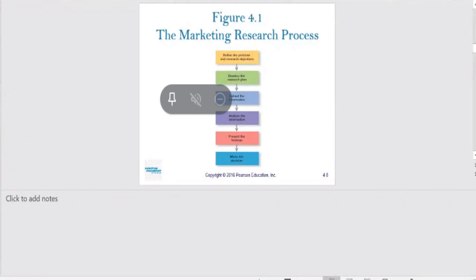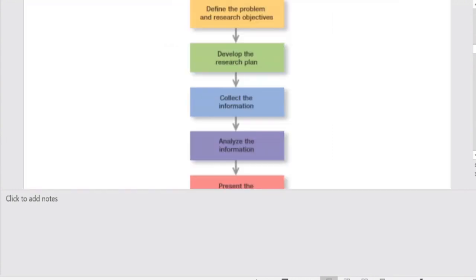Okay, excellent. Thank you. So let us look at the marketing research process. Since marketing research is an activity, of course, it requires a specific process, and we will be looking into the process that is there for marketing research. We first try to see how marketing research is sequenced into different levels. That is, 7 steps are there. The first step starts with defining the problem and research objectives.